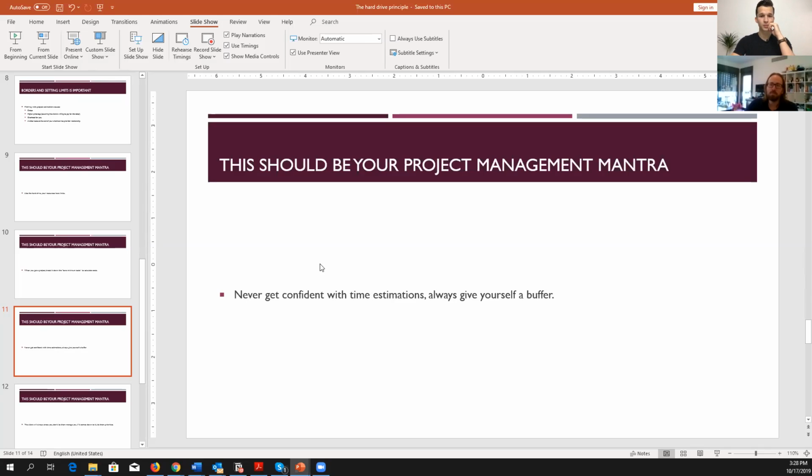Yeah, yeah. Another thing in our mantra, in our border mantra or hard drive mantra, is never get confident with your time estimations. Always give yourself a buffer. After a while, when you repeat a task enough times, you get really confident. And there are many reasons why, as a service provider, you would shorten the time estimation from your side even.